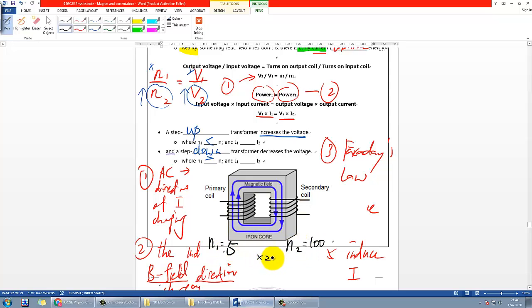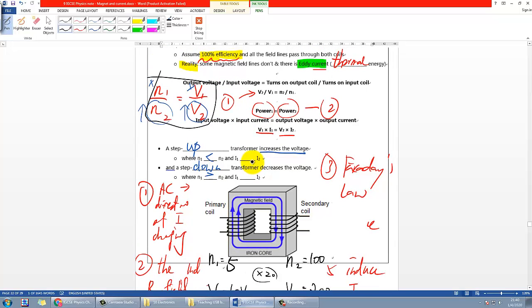It's like times 20 here if you try to look at the ratio. So in that case, for voltage, if the voltage I input for the primary is, say, 10V, then the voltage on the secondary coil, that side, will simply be 20 times larger, which is 200 in that case. So you could, of course, still use this equation to help, but this is a brief idea.